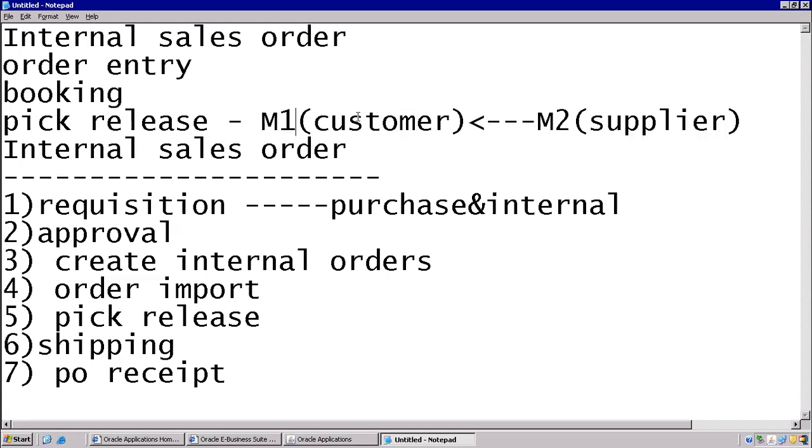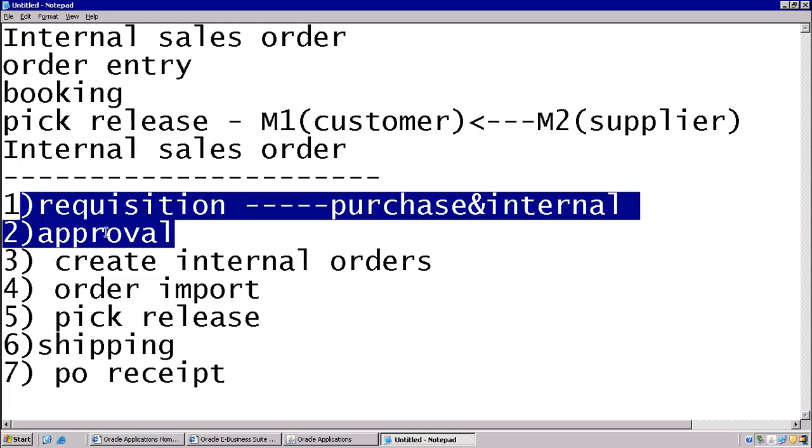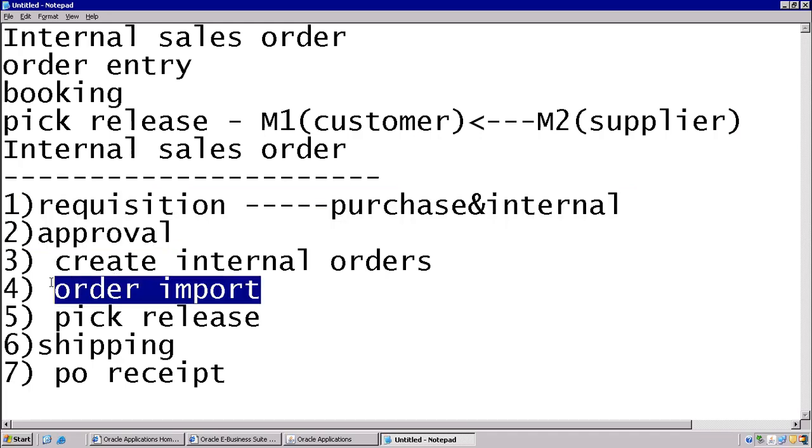In M1, we require goods because there is a shortage. So that's why we are making a list. That list is called a requisition. And this requisition is an internal requisition. Once the requisition is created, we have to approve. After approving, we have to transfer the data to order management to create a sales order automatically. This is the standard program. Now, once we run this program, the order will be created and booked also. Then after that,